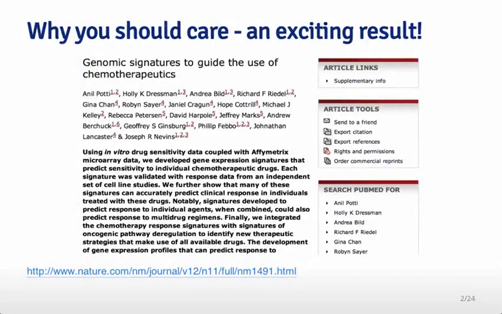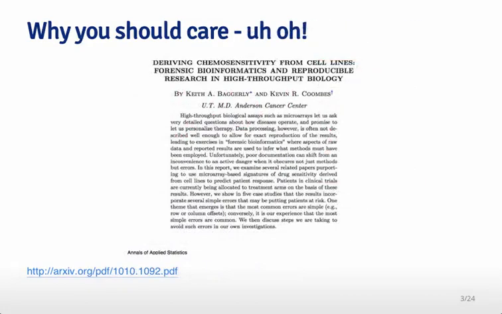I'm going to use an example to illustrate why you should. This is an example that actually comes from my area of research. This is an area where they use genomic information, so information about your genome, to predict what kind of chemotherapy you might respond to best. This is an incredibly exciting result because it would open the door for all sorts of personalized medicine within cancer therapeutics. Unfortunately, they actually performed a very flawed study design and a very flawed statistical analysis,